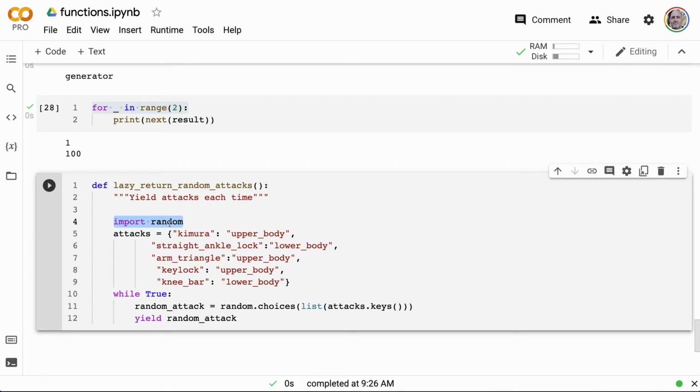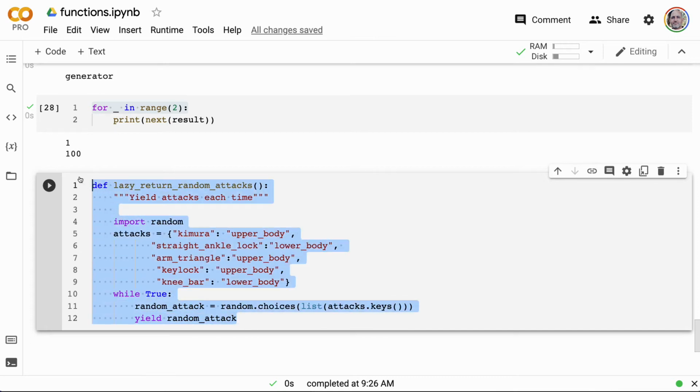Python has a great random library that allows you to randomly select things. We can say here's the key, here's the value, and so on. And I'm going to say while true, pick one of those and yield this out. Even though this is a very small amount of code, what's interesting is that it will infinitely yield random results from this function.